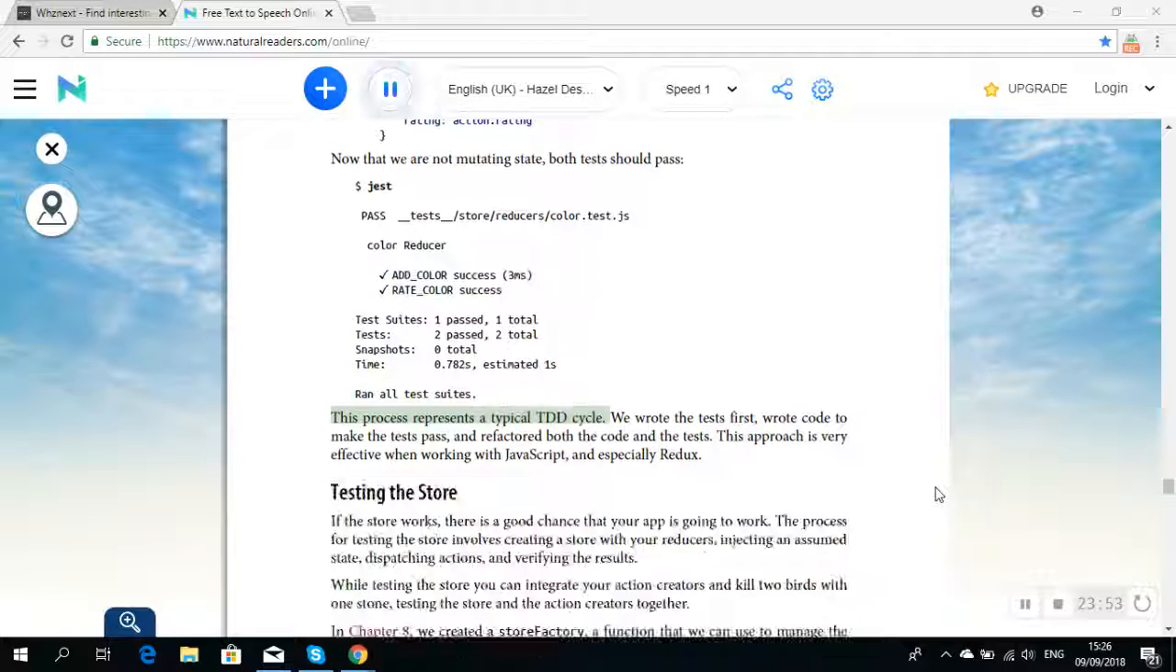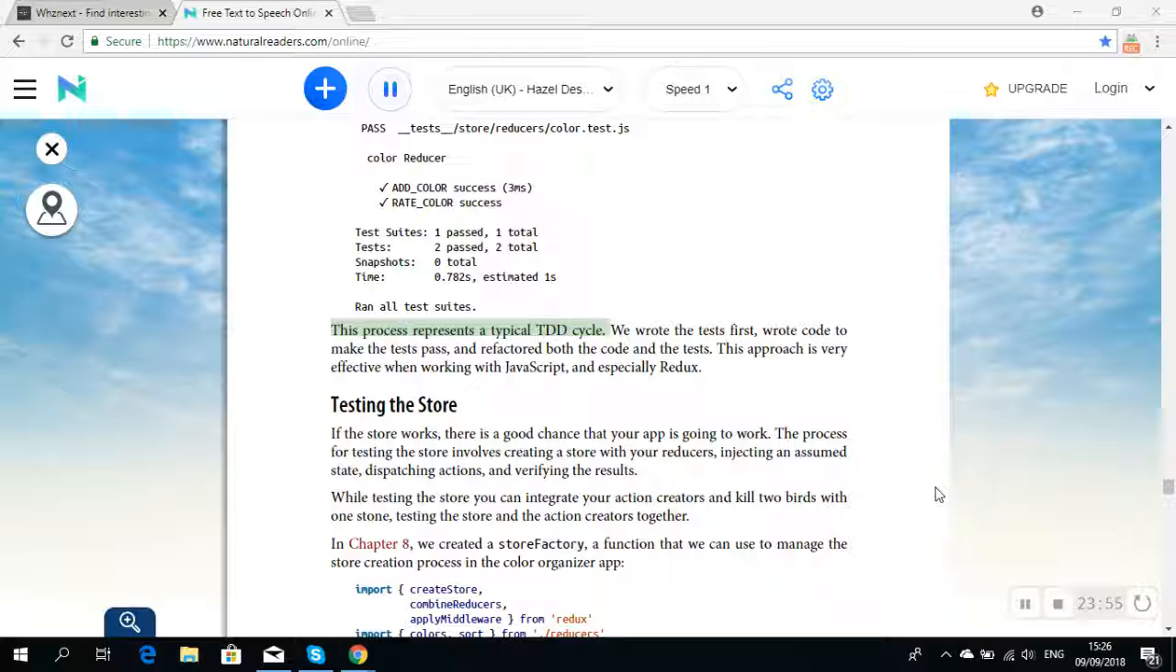This process represents a typical TDD cycle. We wrote the tests first, wrote code to make the tests pass, and refactored both the code and the tests. This approach is very effective when working with JavaScript, and especially Redux. Testing the store. If the store works, the